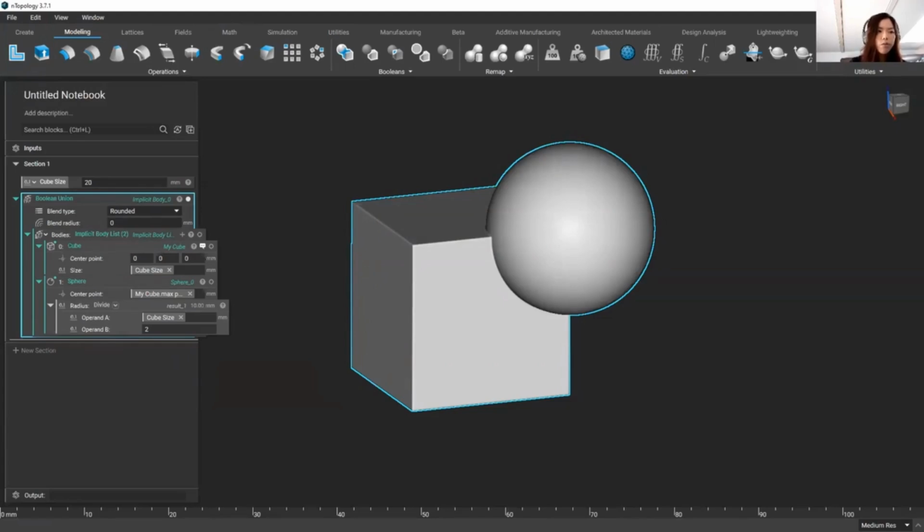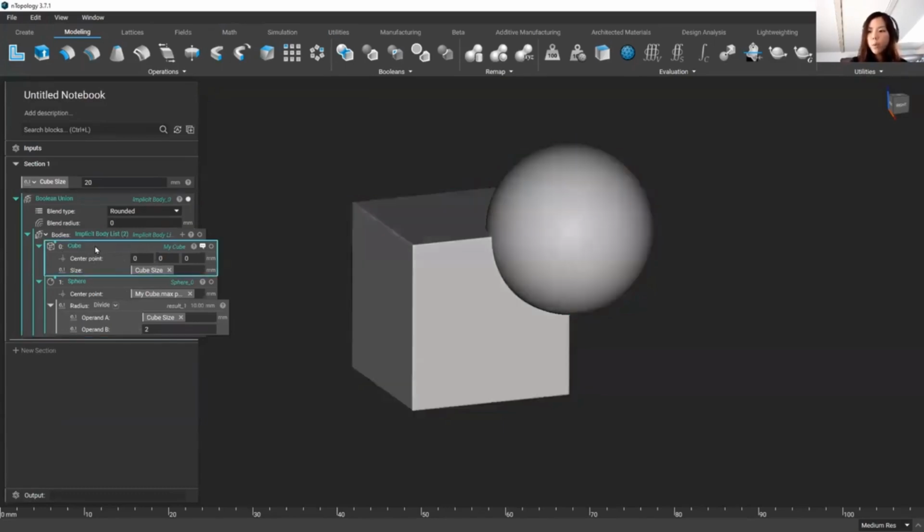And this is especially good for when you shell and lattice infill something. It is good to add that blend radius to where the lattice meets the shell to help against things like delamination. And you see this waterfall effect. This is because we didn't make anything a variable. This can be hard to follow if you come back later. And if your workflows get longer and more complicated, you can probably imagine how big of a pain that